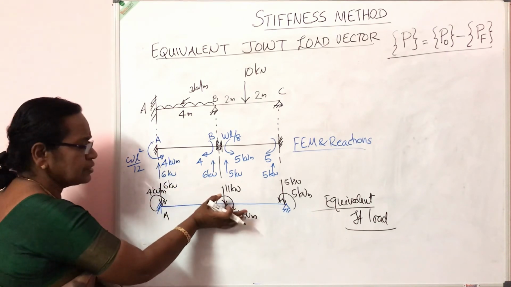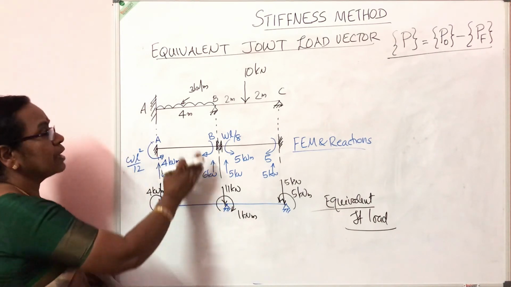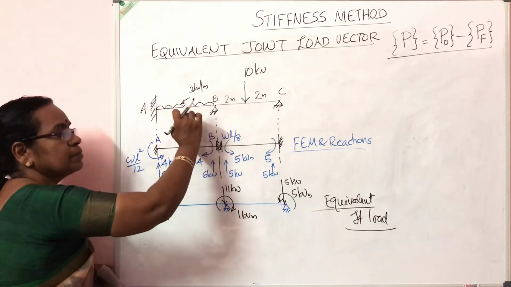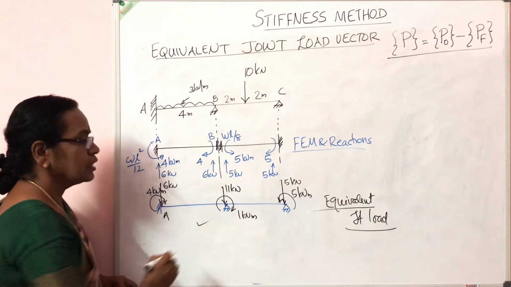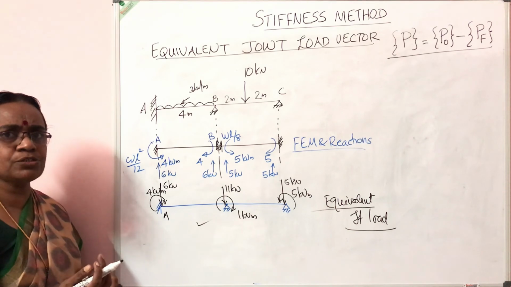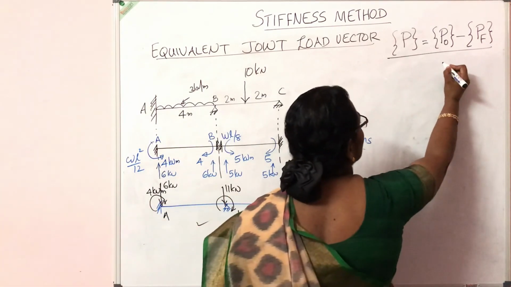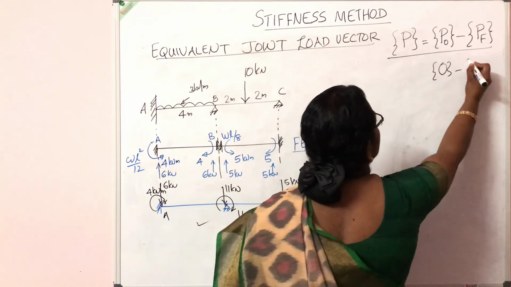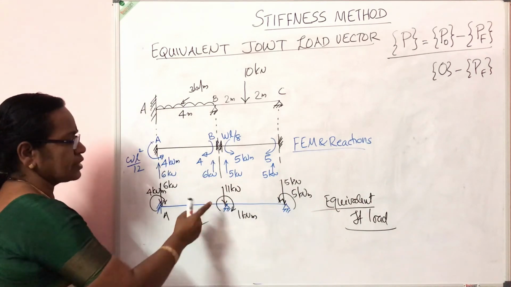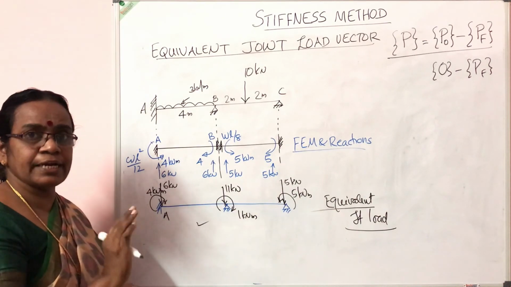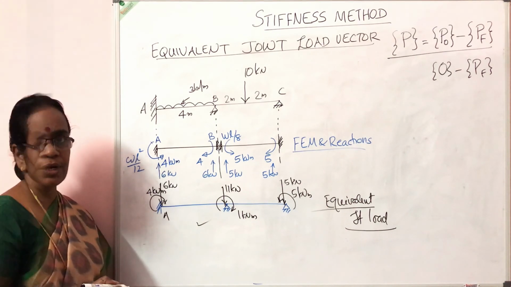So the deflections and slopes, if you compute them at different points of this beam, will be the same as the slope and deflection of the original beam at various points along its length. So this is the concept of equivalent joint load. When we calculate it numerically, we just write P0 minus PF. Here P0 is 0 in this particular question, so minus PF. What we have done here is, for the fixed end moments and reactions, we have just reversed them. The negative of the fixed end moments and reactions is called the equivalent joint load.